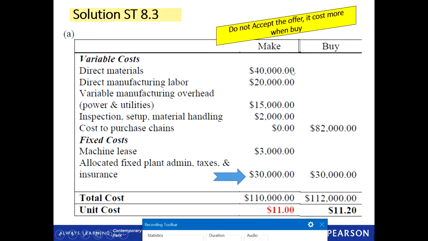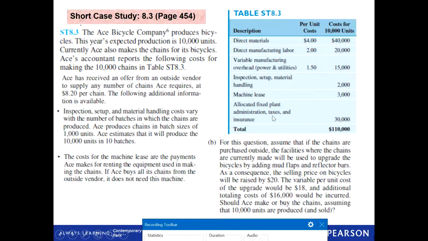Let's see what is in part B of the same question. For this question, assume that if the chains are purchased outside, facilities where the chains are currently made will be used to upgrade the bicycles by adding mud flap and reflector bars. Now what they are saying here is that if we purchase a chain from outside, we don't make those chains, which is one part used in a bicycle. Instead, we can use that open space to improve the product by adding mud flap and reflector bars, right? If we can improve our product, as a consequence, selling price can be increased